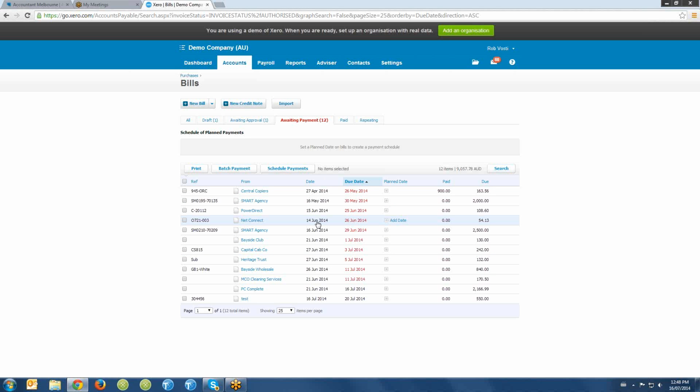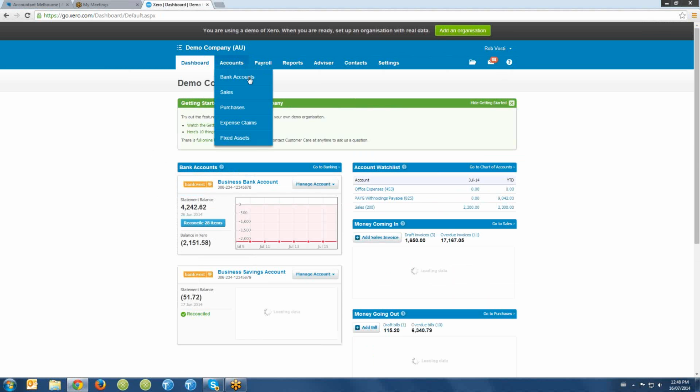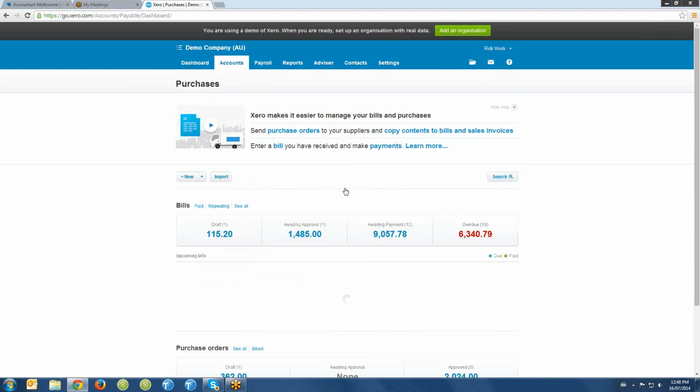One other really good thing in the system is you can do batch files from Xero, and basically that is an electronic file which allows me to pay multiple people. So I tick off all the people that I want to pay, and then it allows me to upload that file into my internet banking and pay everyone at once. So basically, if I logged in this morning, I want to pay some people, I don't want to pay everyone,